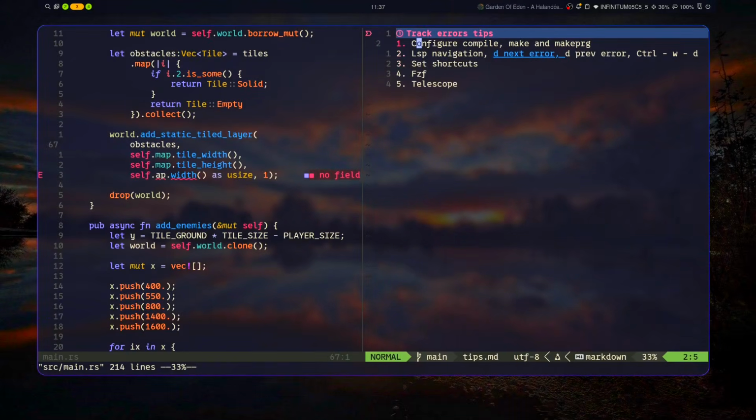Okay, the first tip is to configure compile, make and Makeprg. I have a whole video about this with details. I'm going to put the link in the description. And if you configure this, you have a list where you can navigate the errors. So I'm going to do it